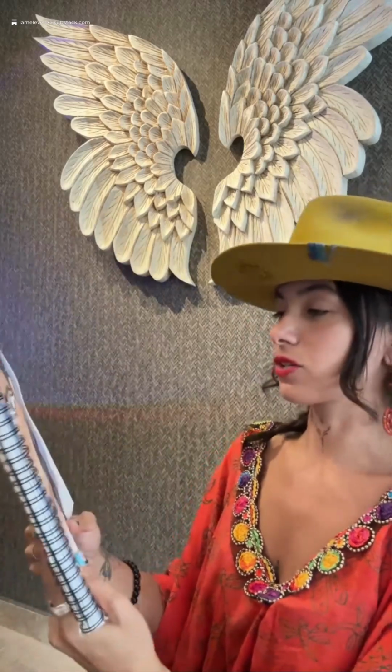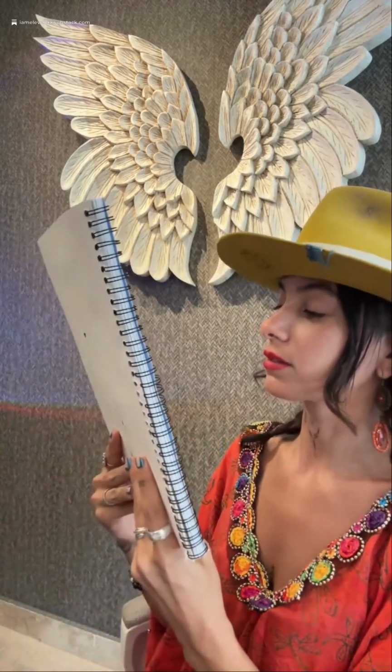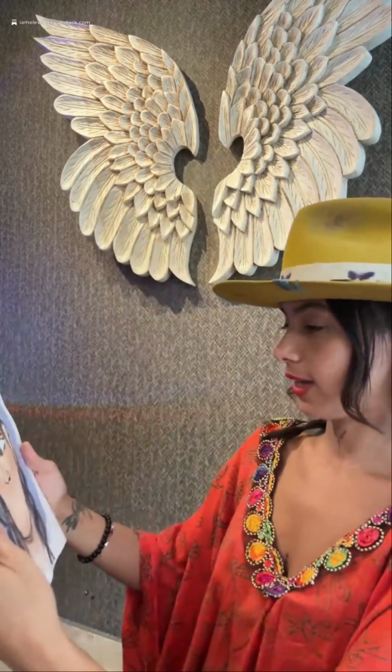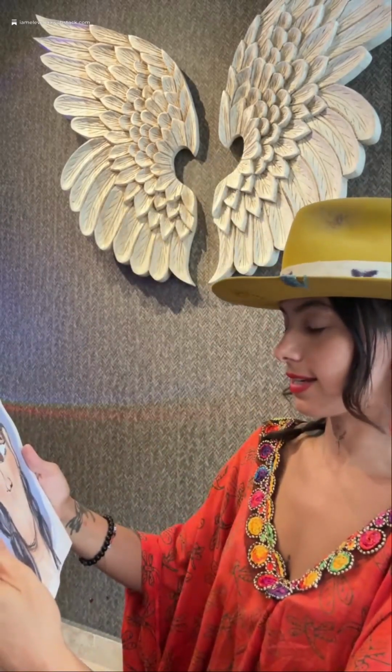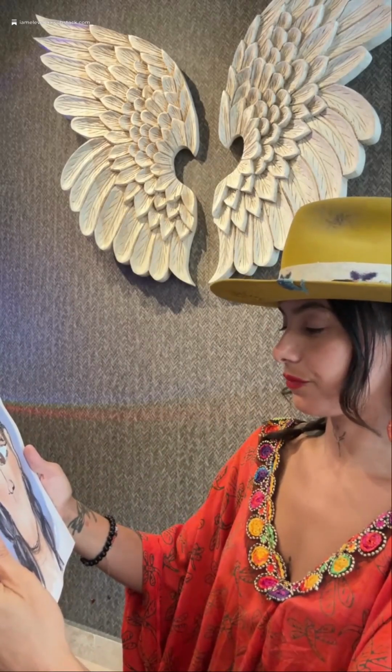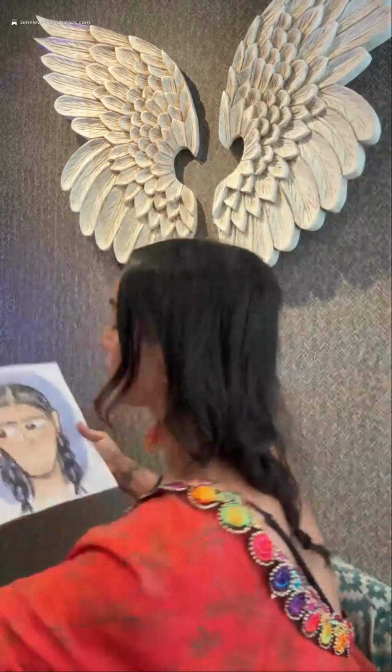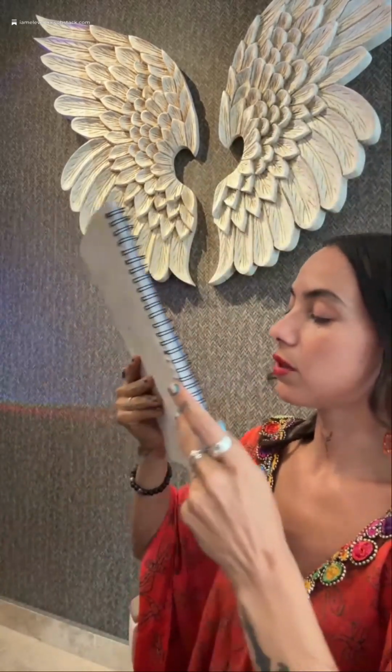Okay, so I'm going to use this to do my lip marks. And because her face is turned a little bit, we're going to have to adjust. Oh, man, let's see. Okay, once it's done, it's done. Oh, I got to take my hat off. Take my hat off. That's another thing. Okay, I'm trying to think of... Well...